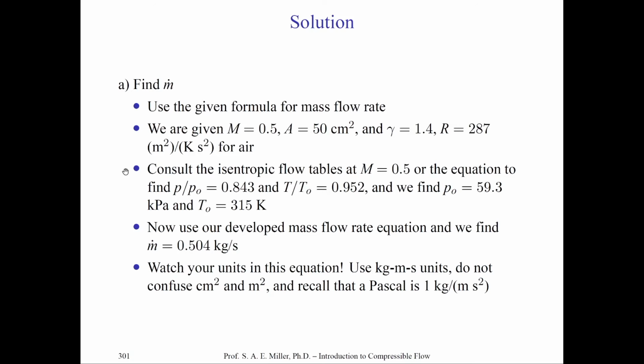We can also look up in our tables or use the isentropic calculator, which I'll talk about in a second, or use the isentropic equations for P naught over P, T naught over T, and rho naught over rho for the value of Mach 0.5. This way we'll find the total conditions. You'll find for M equals 0.5, P over P naught of 0.843, T over T naught of 0.952, and of course you can find then, we don't need density, P naught and T naught of 59.3 kPa and T naught of 315 Kelvin. Since we're in isentropic flow, P naught and T naught remain constant,